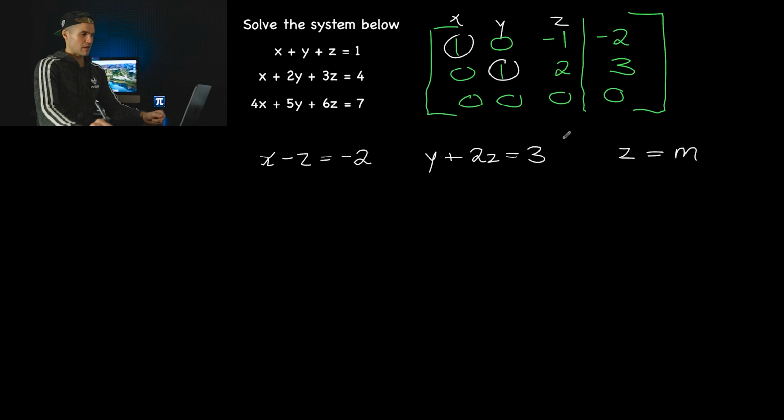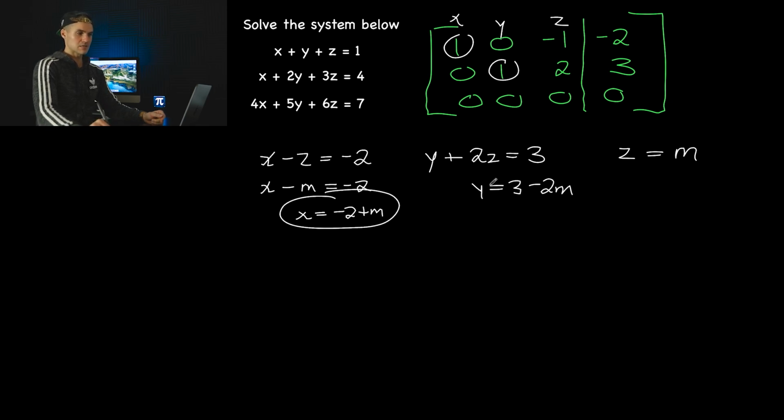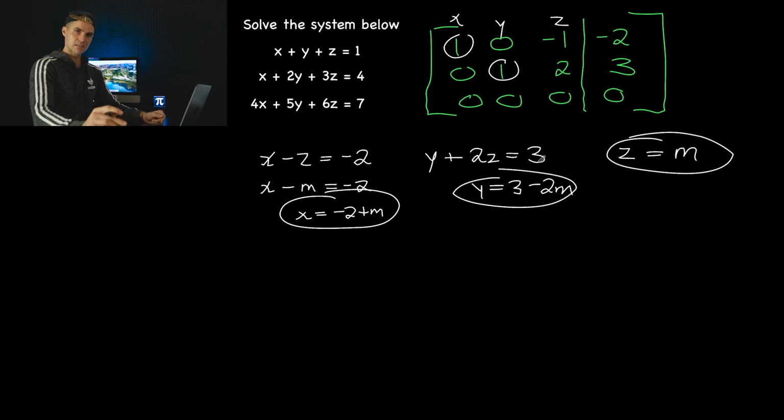Okay, and then this m value here, we could plug it in for the z values in these equations. So we'll have x minus m equals negative 2. So that means x is equal to negative 2 plus m, like that. And then over here, isolating for y, y is 3. If we plug in m for z, so we'll have 2m, bring that over, we'll have minus 2m, like that. And so this is the solutions, basically, right? It's a consistent and dependent solution. There's an infinite amount of points of intersection for this